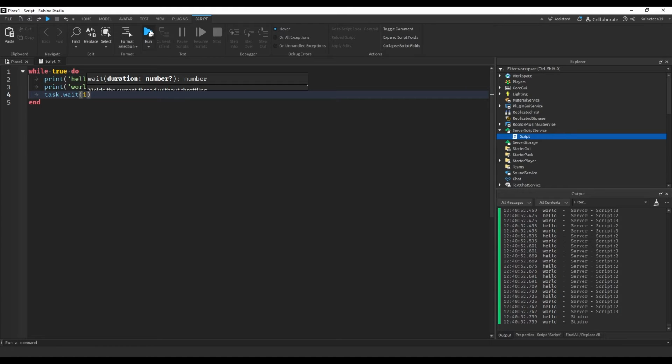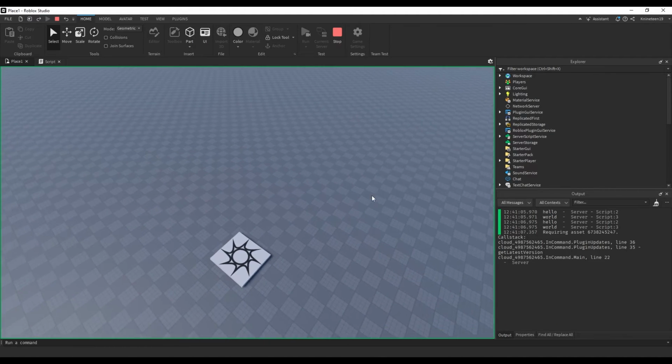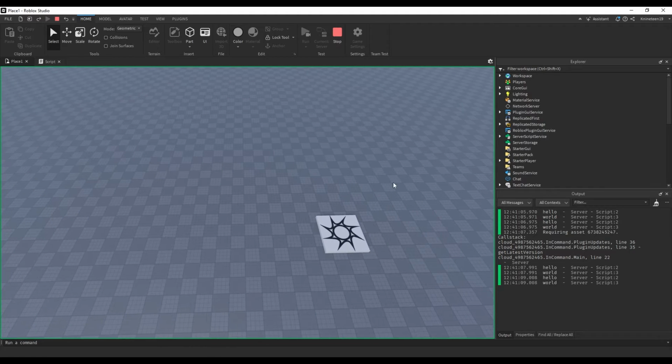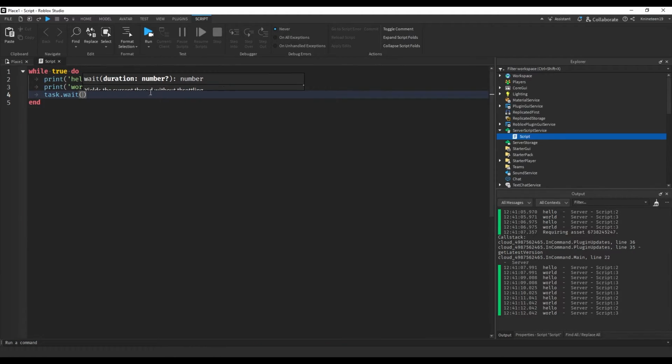So I'm going to wait for 1 second between each time it prints these. Now you can see it'll do the same thing, but it'll put 1 second in between each time. And if you put nothing in here, the amount of time it's going to be waiting, Roblox usually, at most, will never usually go above 60 frames per second. And so essentially the time here is going to be 1/60th of a second, I believe, if you don't have